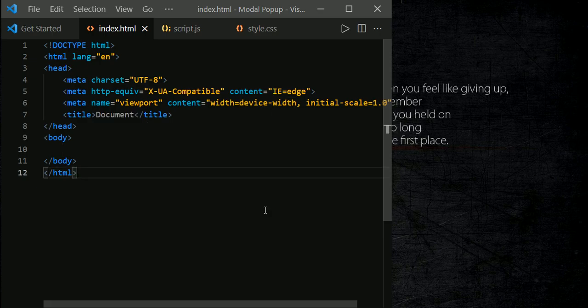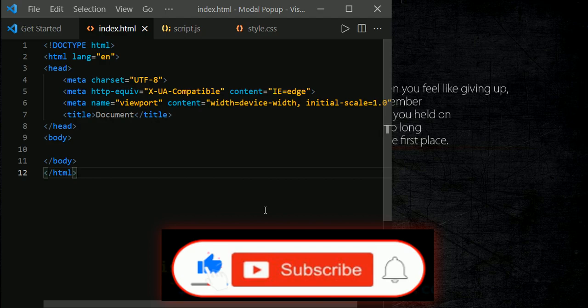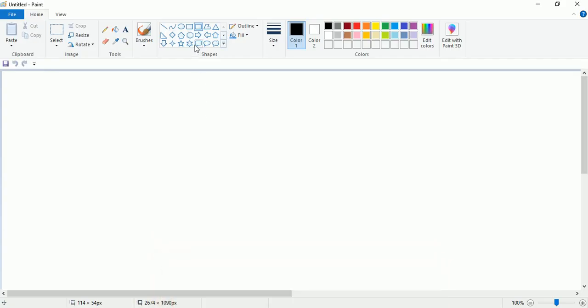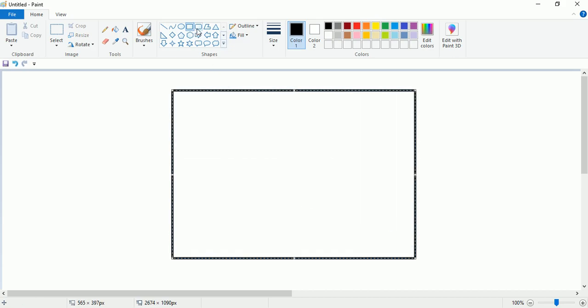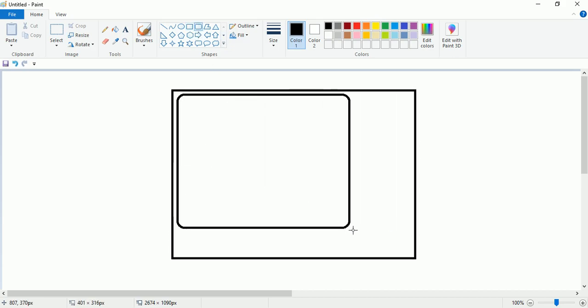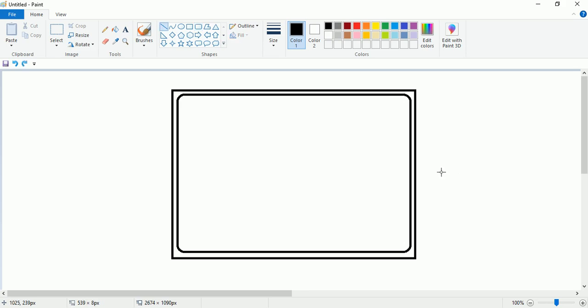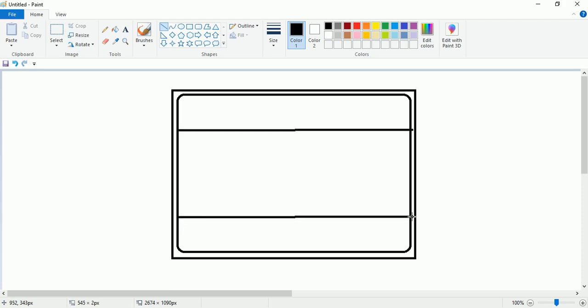Before we start writing code for the modal pop-up, let us draw a sample of how it should be. I have the Paint application. First we are going to have the container, and inside the container we are going to have the modal pop-up. This modal pop-up will be having three sections: header, body, and then the footer section.